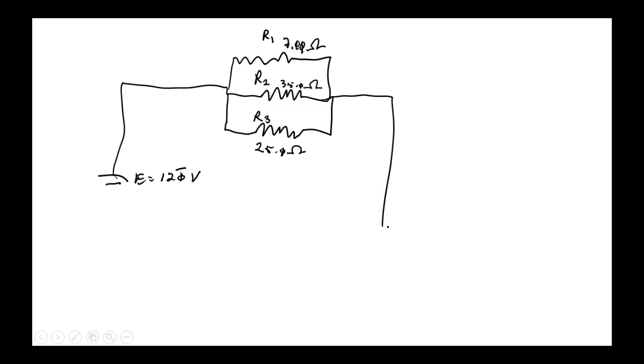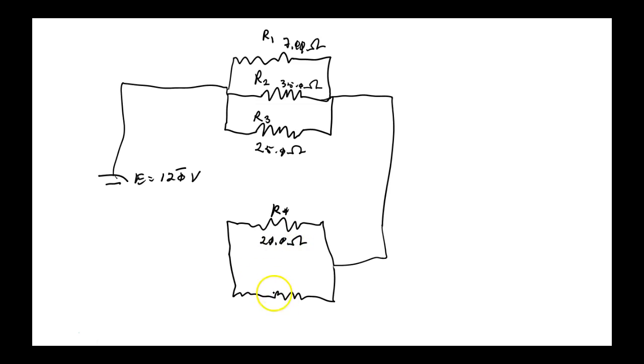All right. Then it branches down here to another parallel circuit, which has 2 resistors in it. I can't draw, but something like that. This is resistor 4 at 20.0 ohms, and resistor 5 at 62.0 ohms. Okay, and then finally that comes back into the low side of the battery. So we have a complete circuit here.